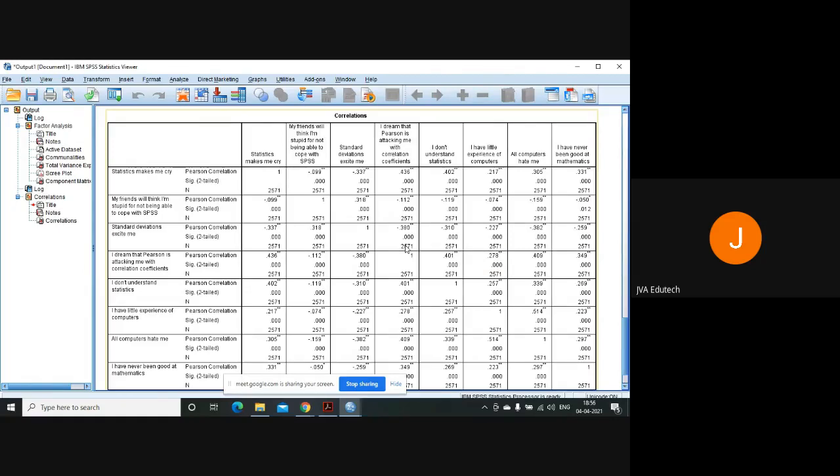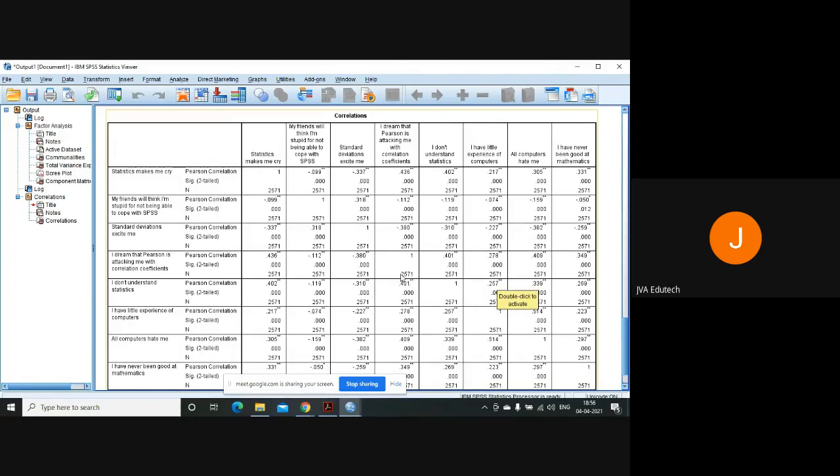If you look at the table, you will find that we have correlations ranging from minimum, let's see what it is. So we can have a correlation ranging from minus 0.337 to 0.331. In some cases, you will have correlation close to 0.5 also.